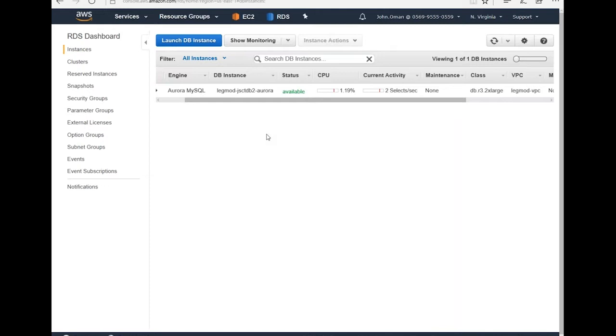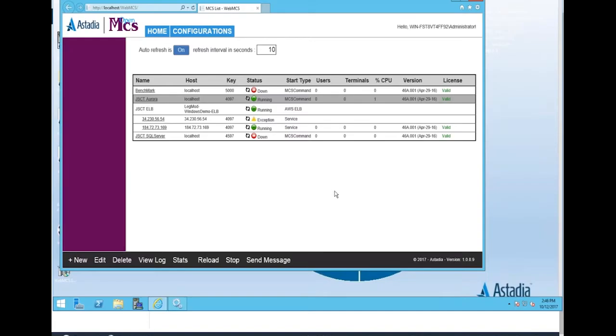So you can set your level of database machine also fairly easily by just shutting it down, setting the class type, and starting it back up, and you have your same database either running at a higher, faster machine, or maybe at a slower, more cost-efficient machine. It's your choice whether you scale it up or down. So anyway, as you see now, the Elastic Load Balancer is now bringing up 2 machines that our MCS,